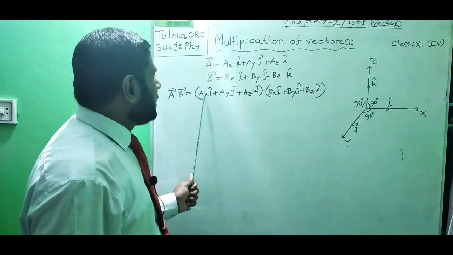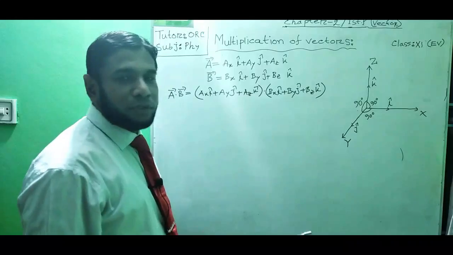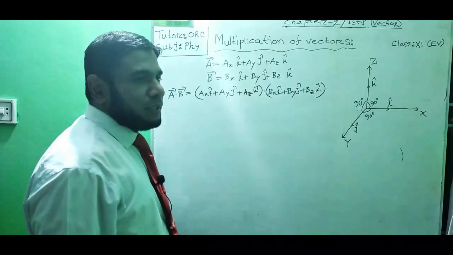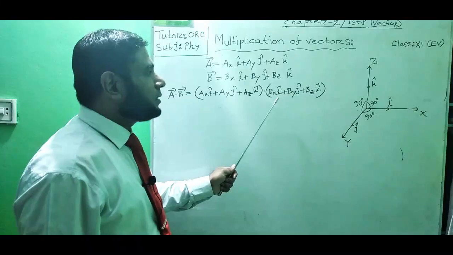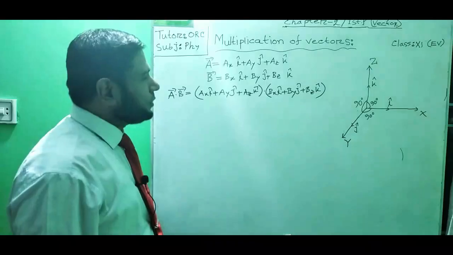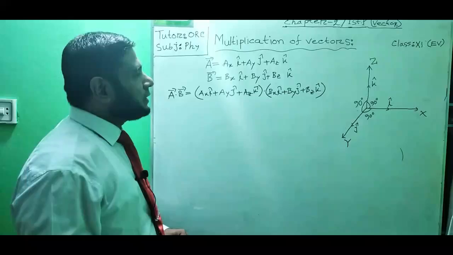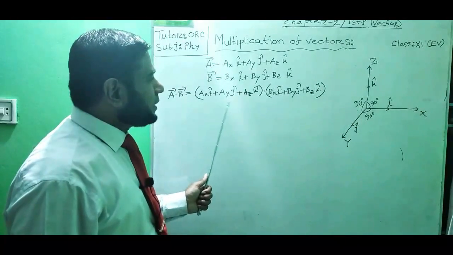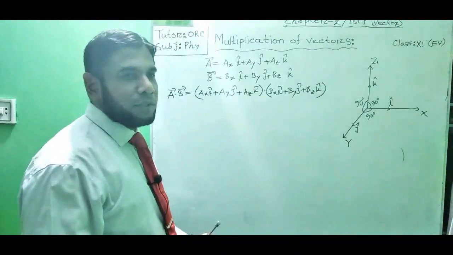Here we can see ax and bx are two scalar quantities, and i and j are vector quantities. In the case of scalar quantities, we can multiply in the common way, but in the case of vector quantities, although these two are unit vectors, they must follow particular rules of vector product. We know that there are two particular rules: one is scalar product or dot product, and another is vector product or cross product. As here we are multiplying according to the scalar product, we must put the dot sign between them, and after that we find the resultant according to the dot product.